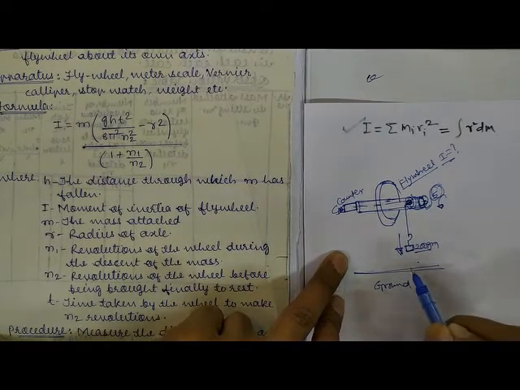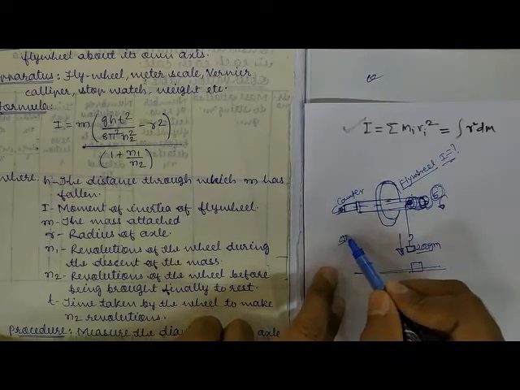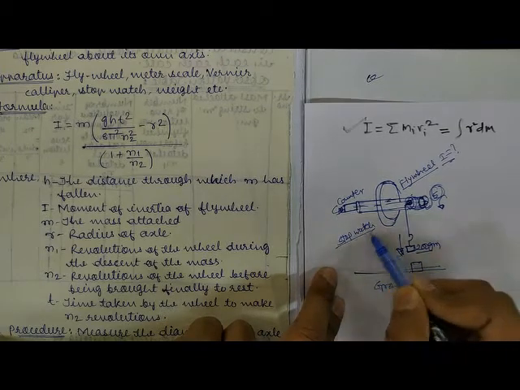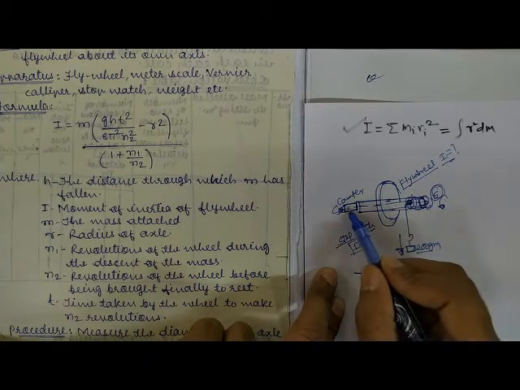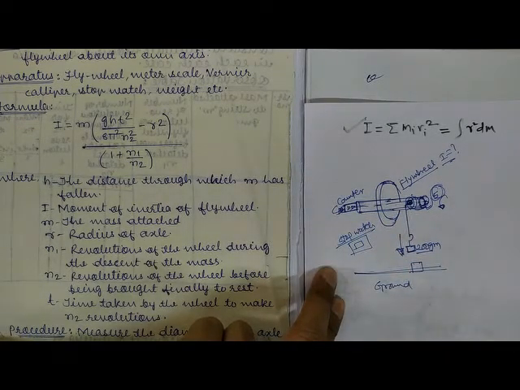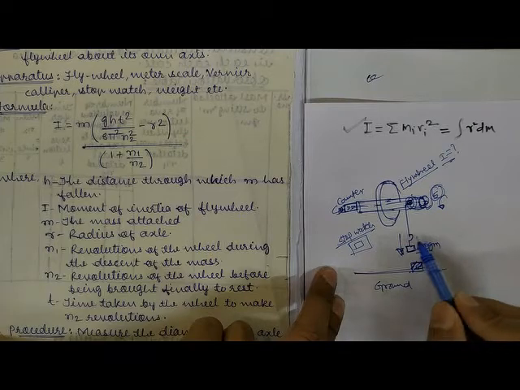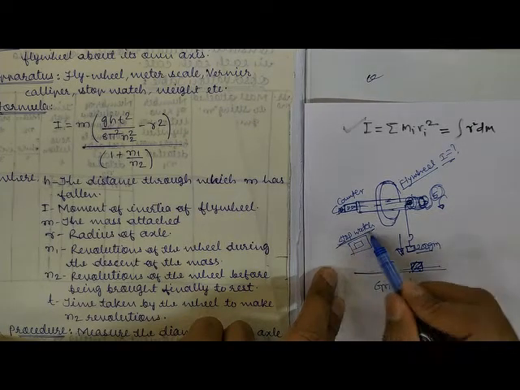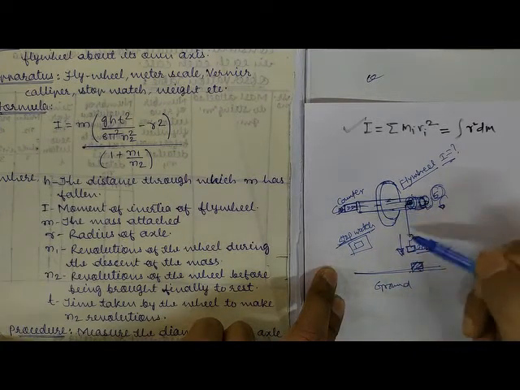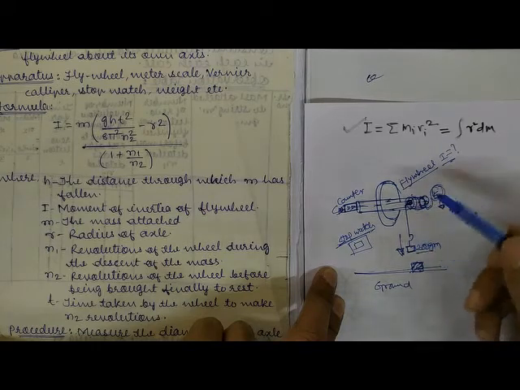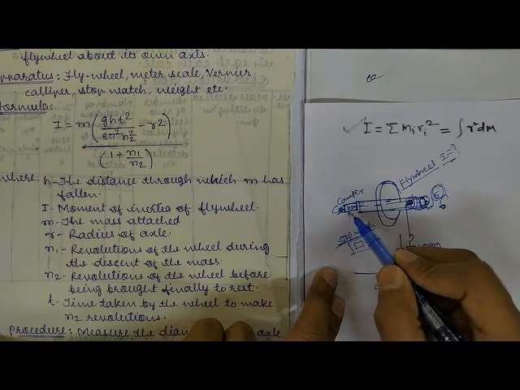So once the mass has fallen on the ground, then we have to start the stopwatch, because the rotations taking place by this particular flywheel will be noted down on this counter. So don't worry about that. What we have to do is, as soon as the noise comes, as soon as this mass hits the ground, you have to start the stopwatch, right? Due to this the flywheel will take a number of rotations, not only the 5, obviously more than that, and those rotations will be recorded on this counter.